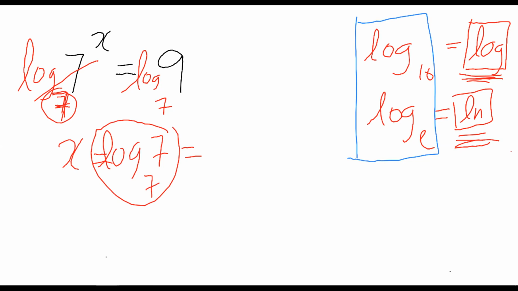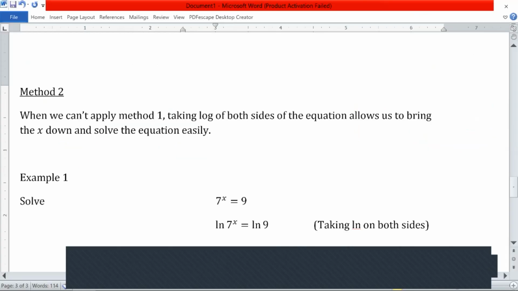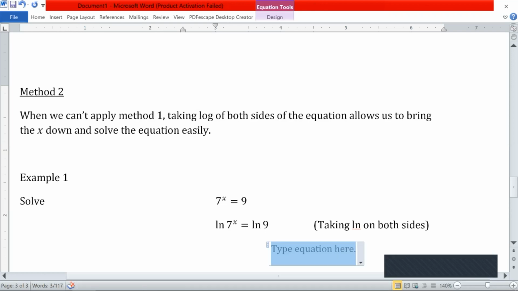The reason why we stick to log base 10 or log base e is because your calculators don't have other bases, and we will get stuck when we have to work it out in the end. If our calculator has the function which can put the base, then you can. I said that too, some of them might have. Okay, so x ln